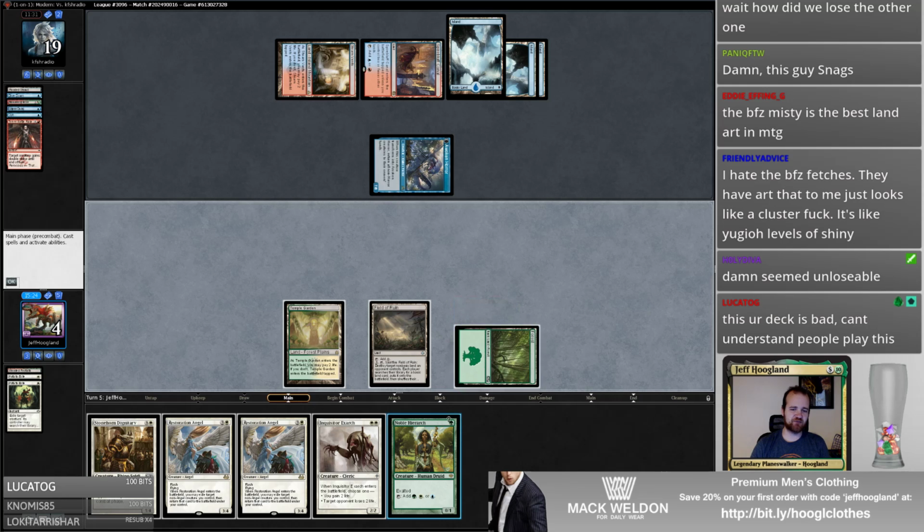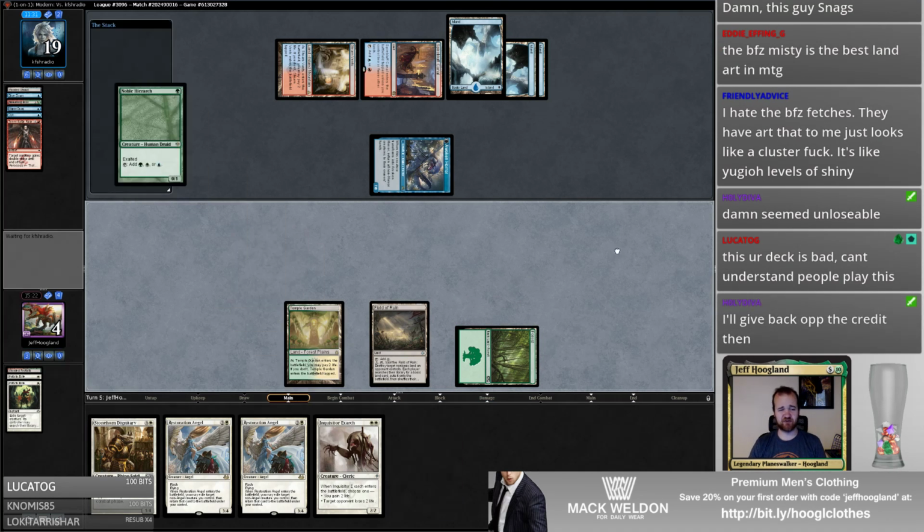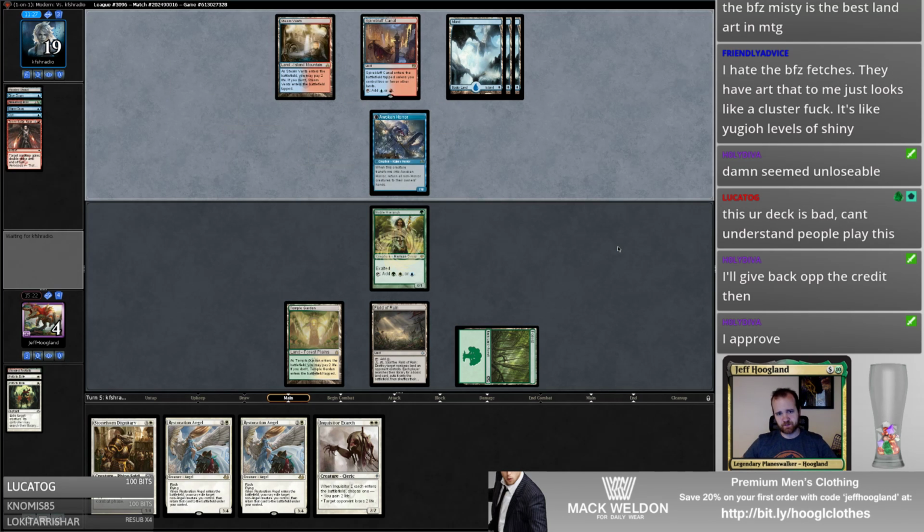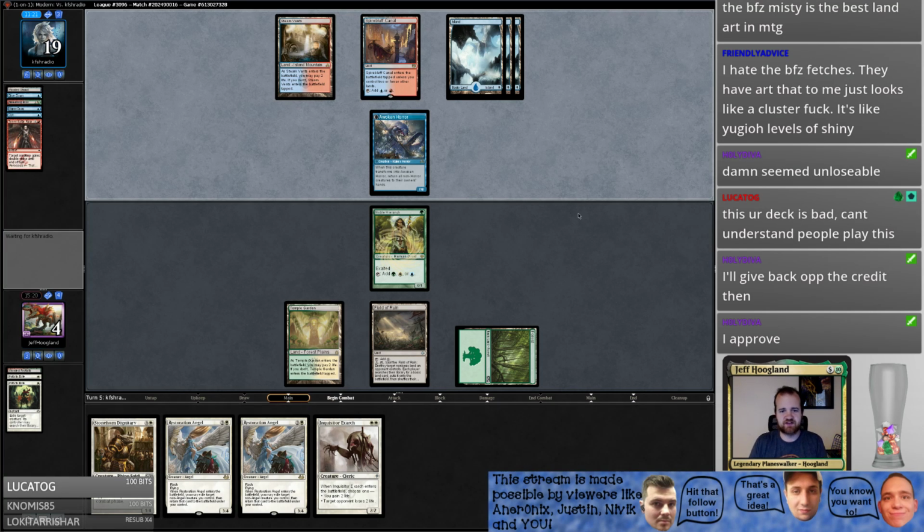I guess if we curve out lands here and they don't have removal by some stroke of luck, the Stonehorn Dignitaries with Restoration Angel could easily stall this game out for us. So obviously have to chump block here because we're dead. Otherwise,